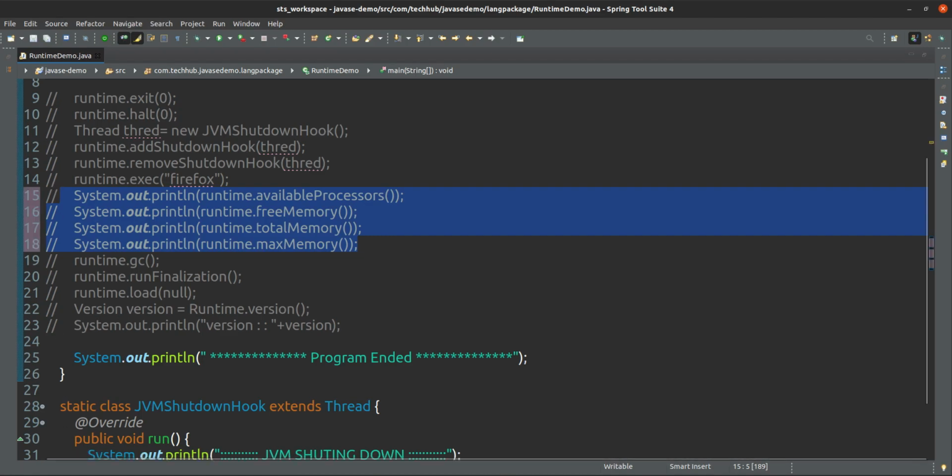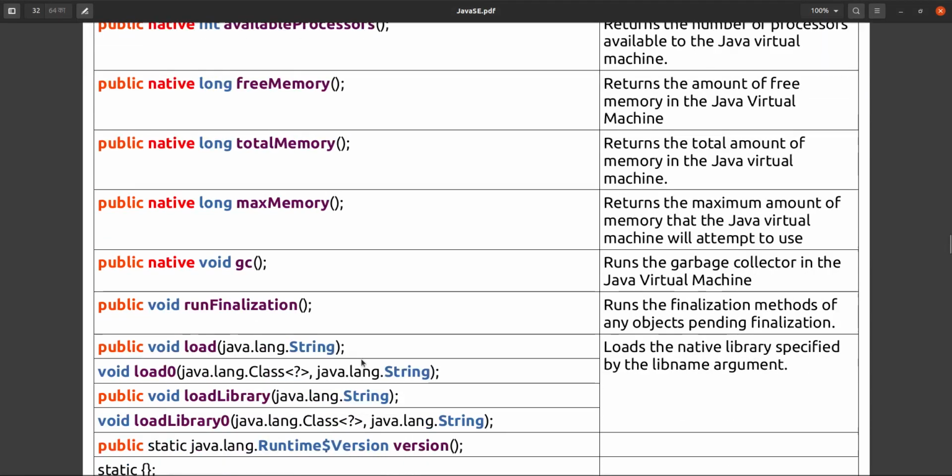Okay, the next one is garbage collection, that we have already seen in the System class. Same process. Either you can call that from System or you can call from the Runtime, no issue. Using the System class also you can initiate the garbage collector and finalizer. We have seen this one.